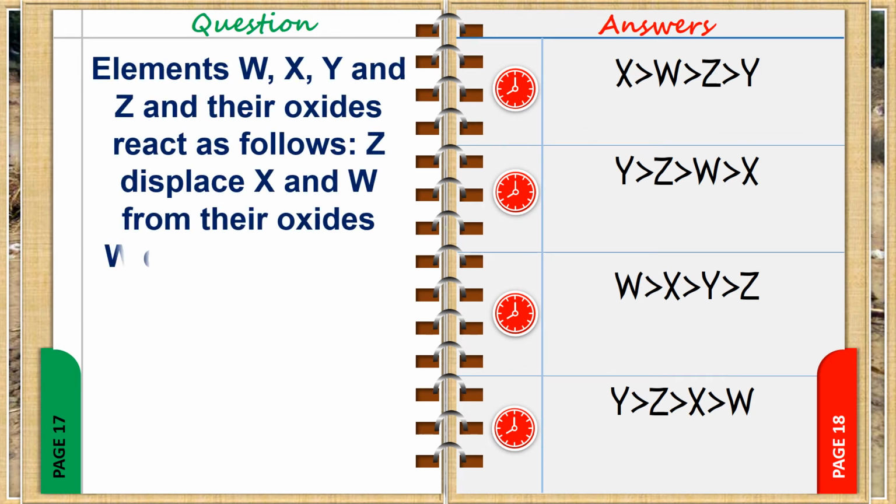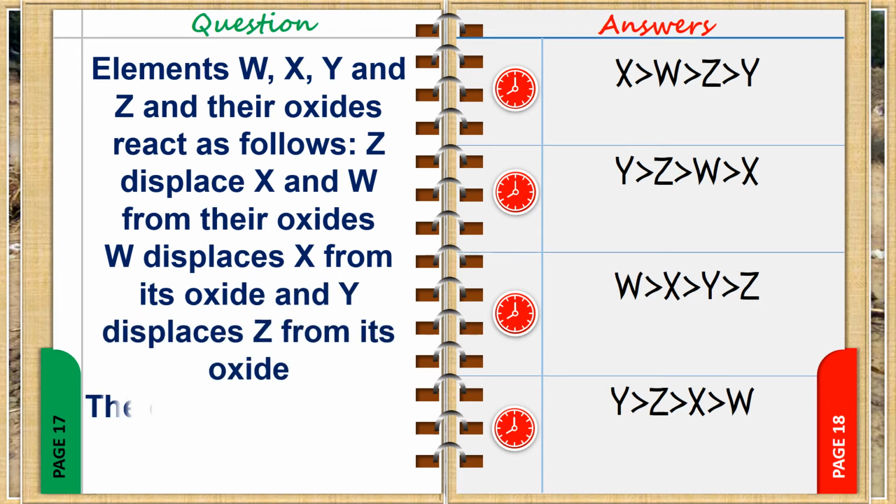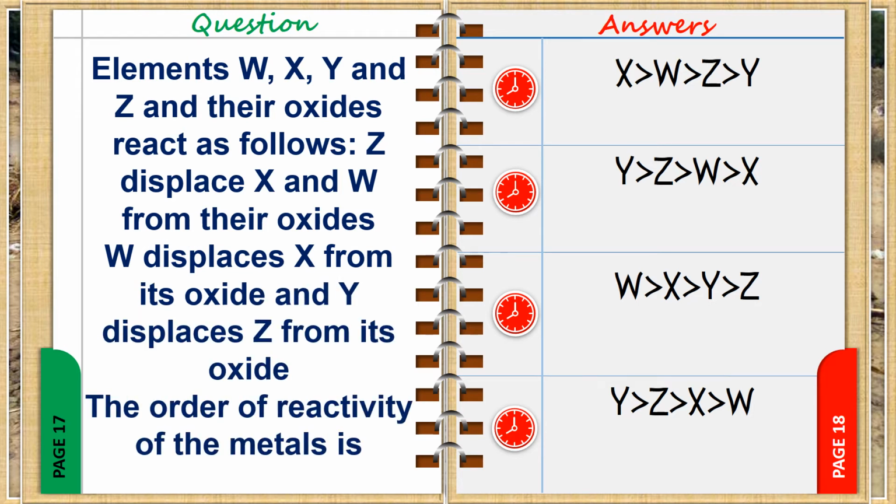Elements W, X, Y, and Z and their oxides react as follows. Z displaces X and W from their oxides. W displaces X from its oxide, and Y displaces Z from its oxide. The order of reactivity of the metals is